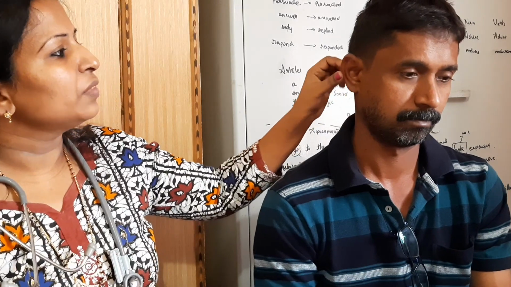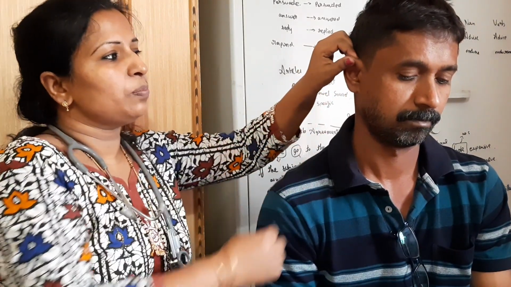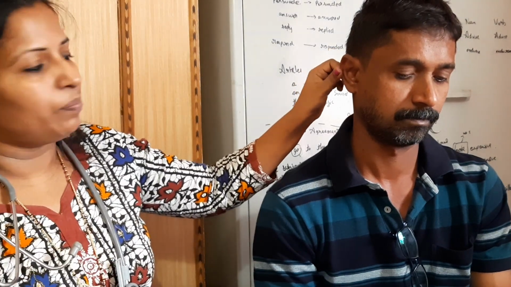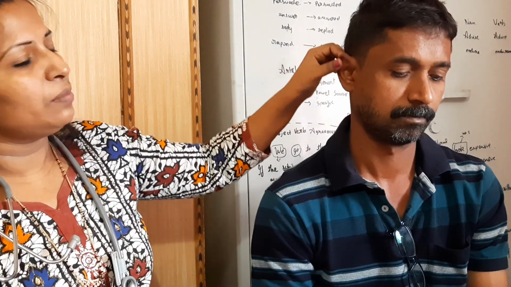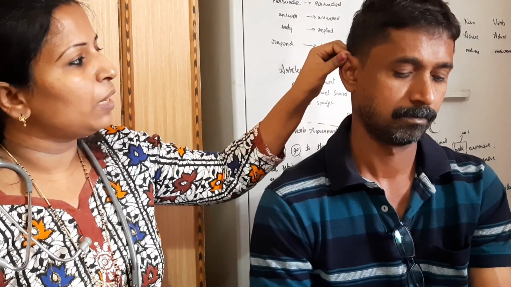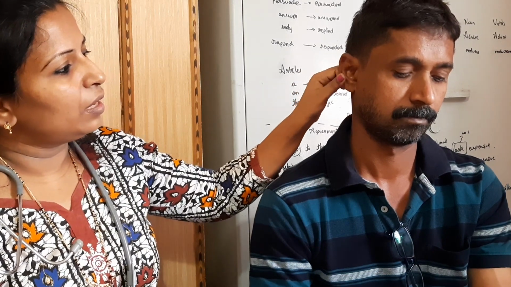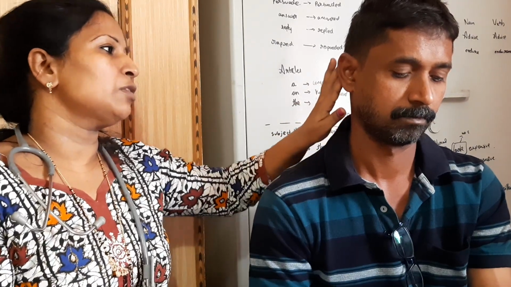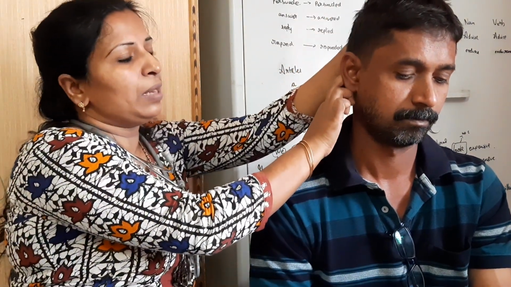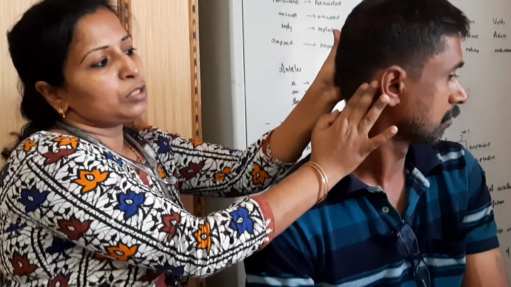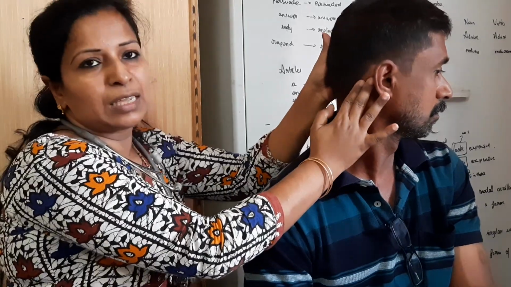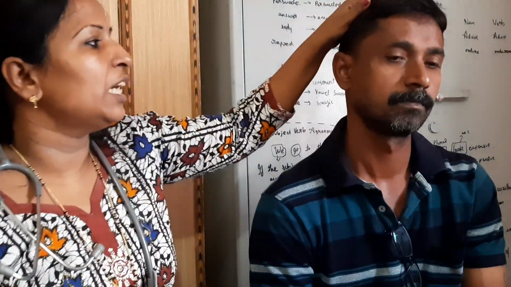You have to palpate the pinna of the ear for any muscle tenderness or any pain the patient is having. When you're pulling like this, in case of ear infection, the patient may have pain. So you have to palpate and see how the patient feels. After that, the mastoid process, which is behind the ear, has to be palpated, and whether the patient is having any pain has to be identified.